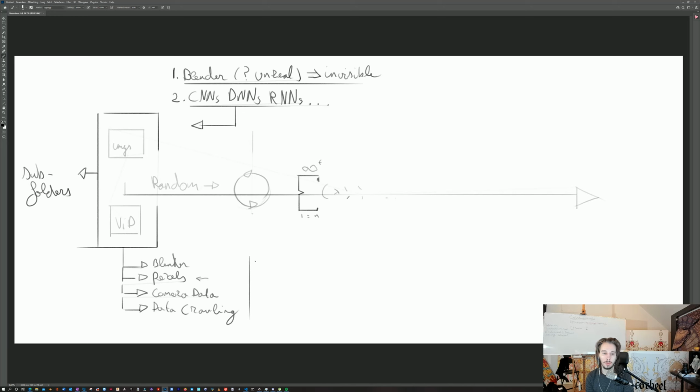What I'm going to do is pull from these, which is data crawling, let's say Pinterest. So I need to pull from these sources, and what I'm going to do is